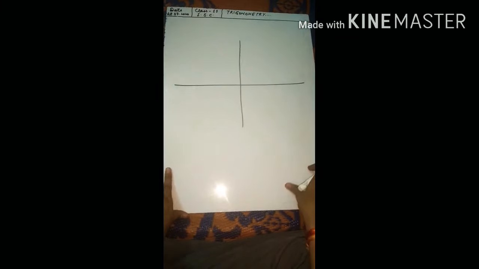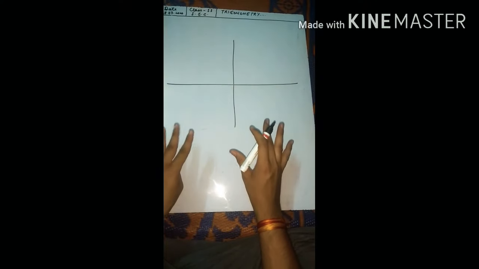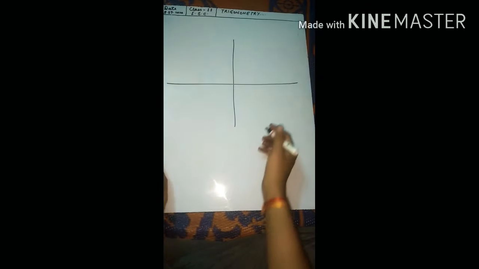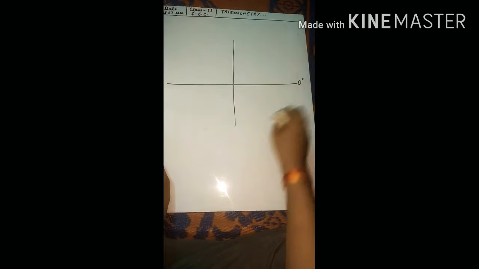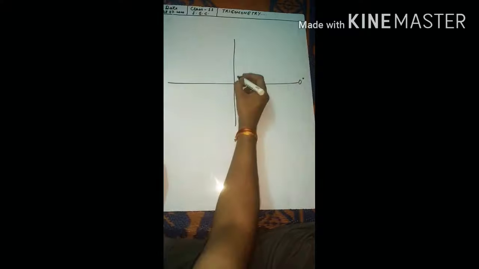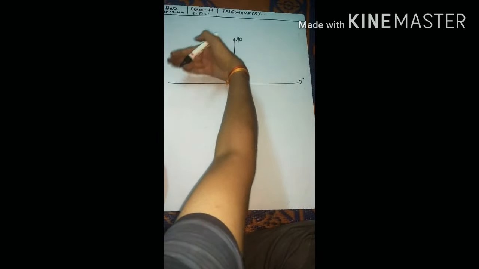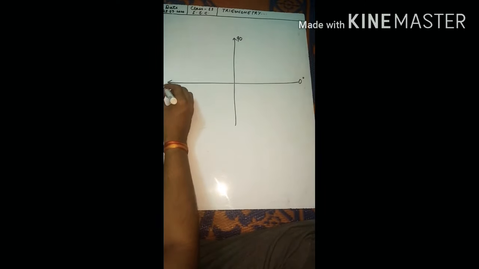The graph. Okay, what does this mean? The axes are what they are trying to represent. Say this is 0 degree. Okay, if you went up to here, that means how much you traveled? 90 degree. So this is 90 degree. Okay, and how much will you travel here? This will be 180 degree.